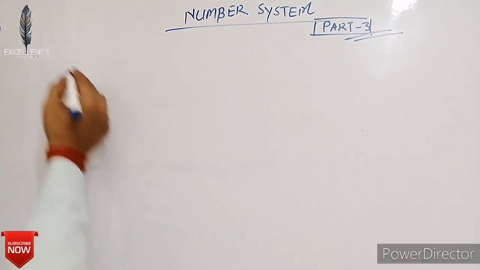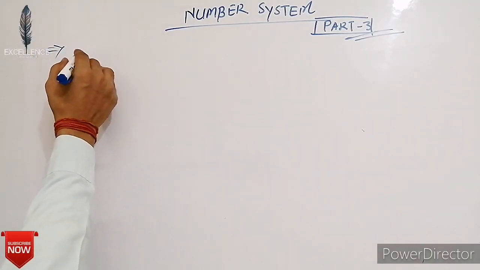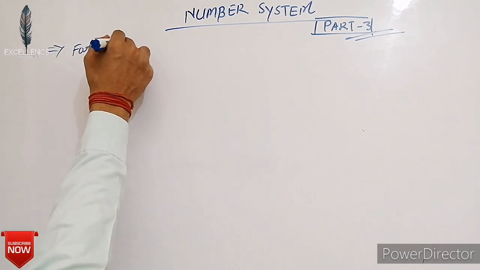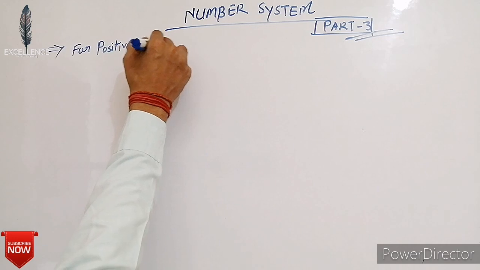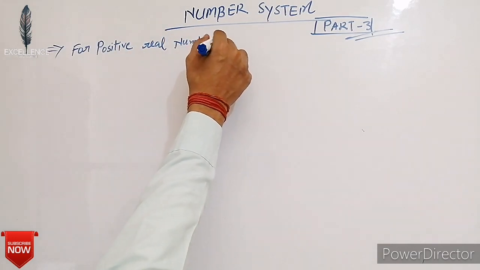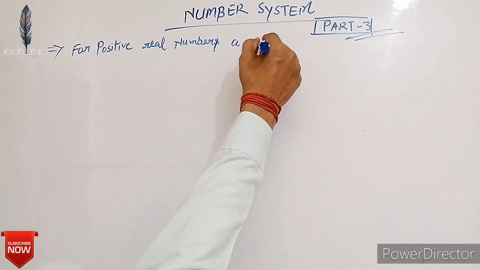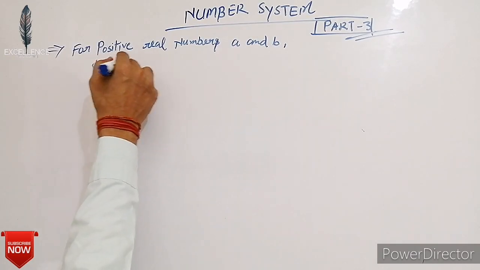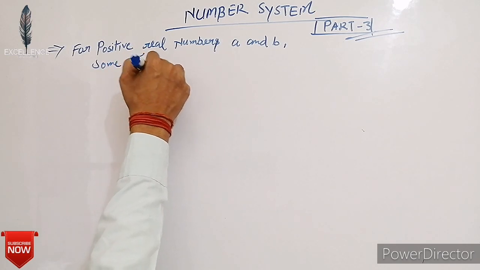So now another concept here. For positive real numbers a and b, some important identities are